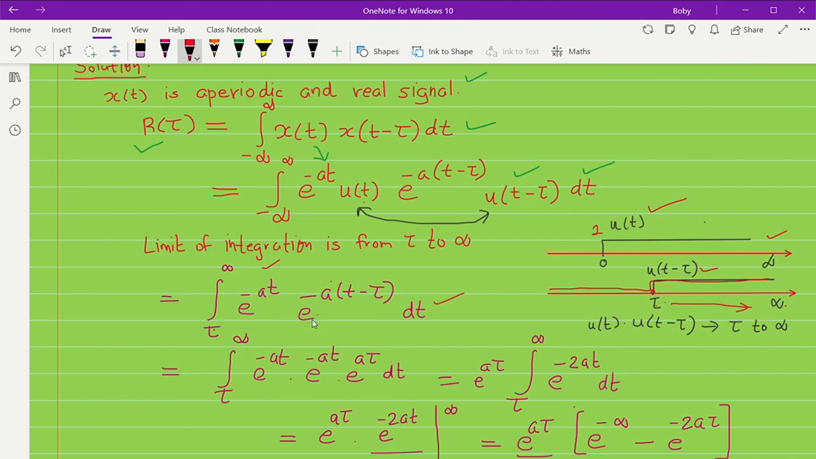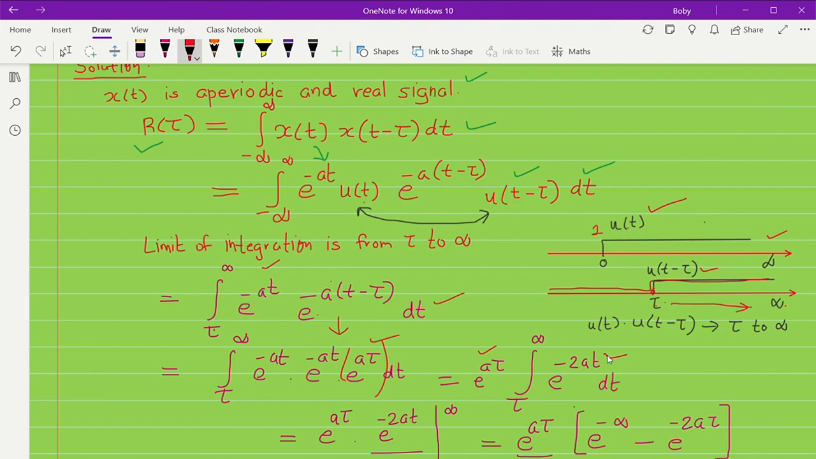Now we can expand this one. e raised to minus a t minus tau is e raised to minus a t, e raised to minus a into minus tau, that is minus into minus, plus a tau. This e raised to a tau is a constant that goes outside. What remains is the integral from tau to infinity of e raised to minus